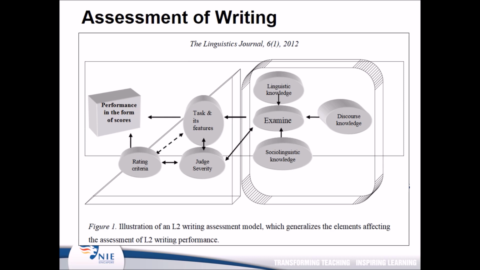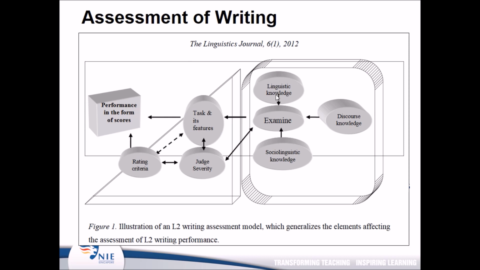So here is a representation which I got from one of the papers I published a long time ago. As you see, the examiner is right in this box, right at the center. What contributes to the examiner's performance are those 3 pieces of knowledge or competencies which I mentioned before, which are predicted by the communicative competence model. There's linguistic knowledge, discourse knowledge, and sociolinguistic knowledge, plus other factors that were predicted by Kaplan and Grabe. Then this leads to a production.